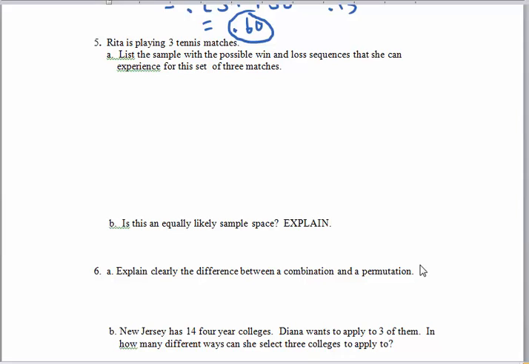Alright? Now, 5, Rita is playing 3 tennis matches. List the sample, it should say list the sample space. There's a little error there. List the sample space with the possible win and loss sequences that she can experience for this set of 3 matches. Well, I mean, you can do a tree diagram if you want. So the idea is if you're playing 3 matches, you have 3 different levels. You have a level for match 1. So match 1, she can either win or lose. Then you have a second level for match 2, where she can win or lose the second match after winning or losing the first match. And then you have a third level for match 3, oops, not MS, M3,